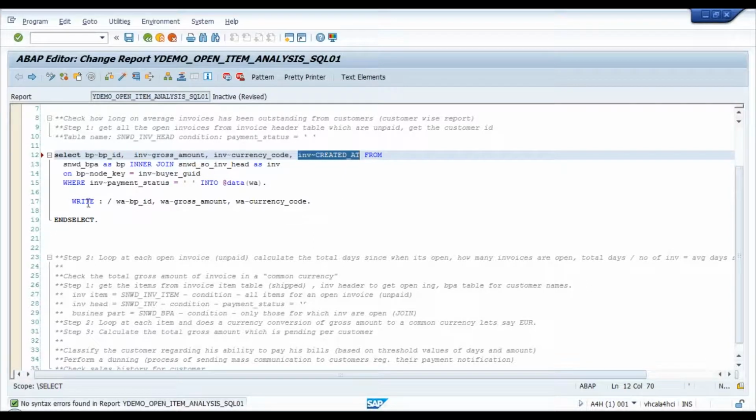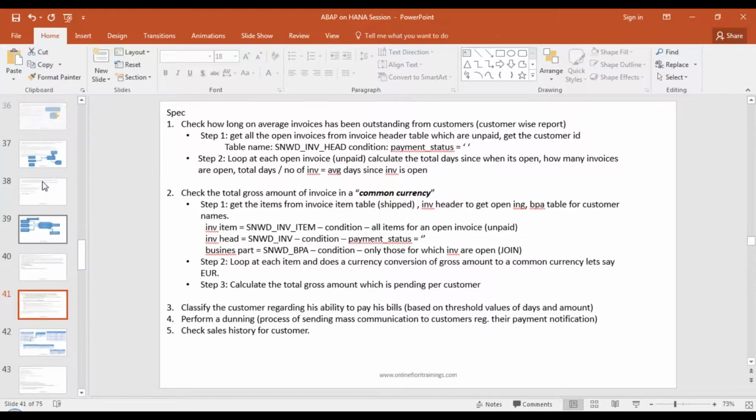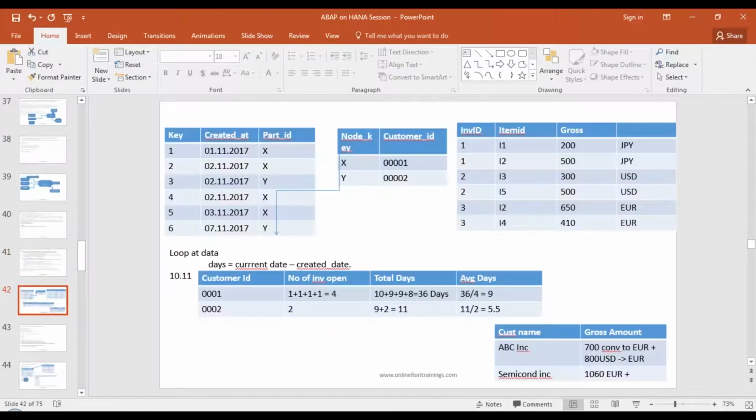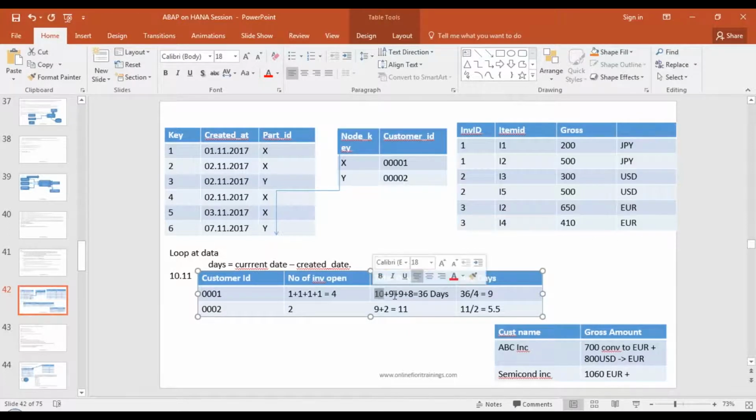So basically if I now want to know what my result set should be with the first query, let me just go back to the example. The first result set should be, we need to loop at the data, calculate the current date minus created date, and calculate the total number of days since the invoices are open per customer, guys. So for one customer I should calculate how many invoices. So let's say in this example there are 4 invoices. So this is open since 10 days, this is open since 9 days, this is open since 9 days,